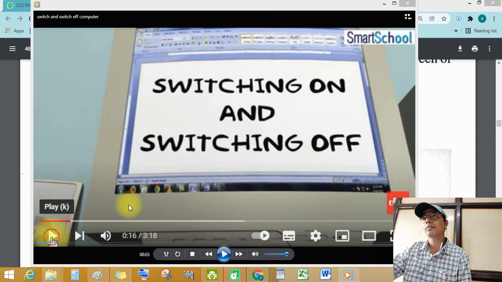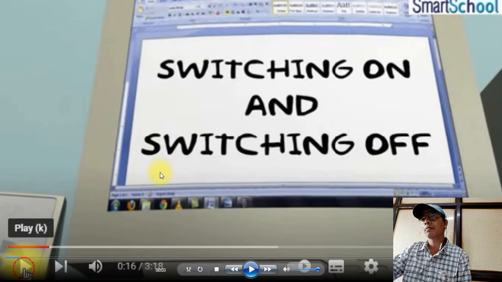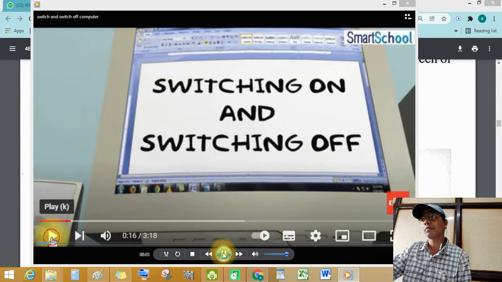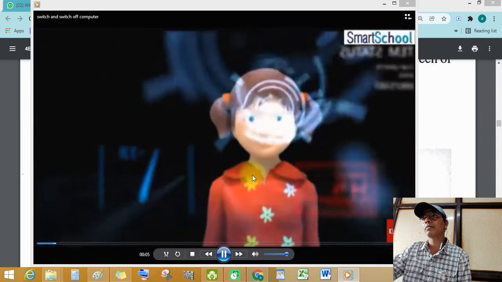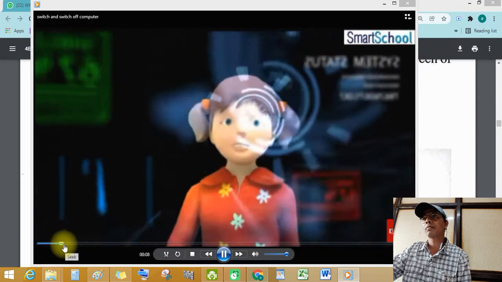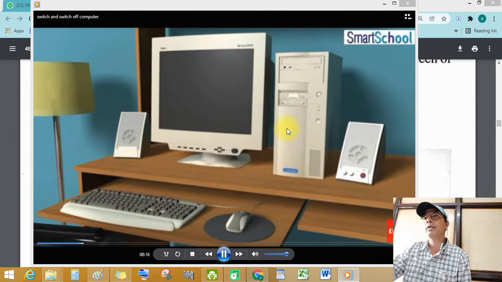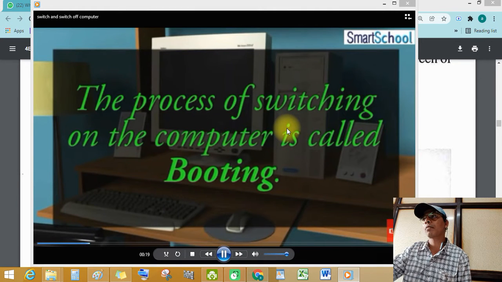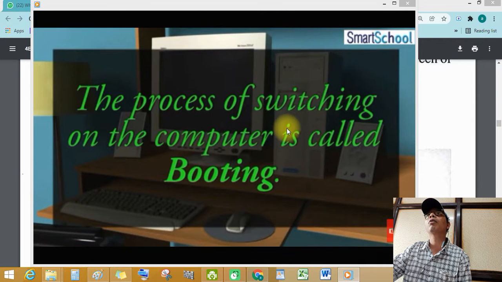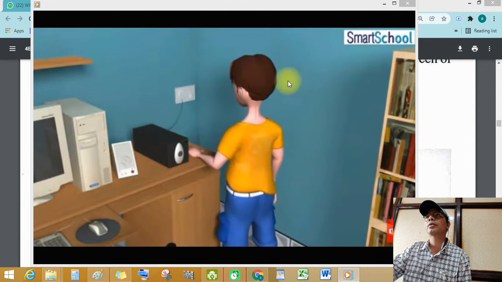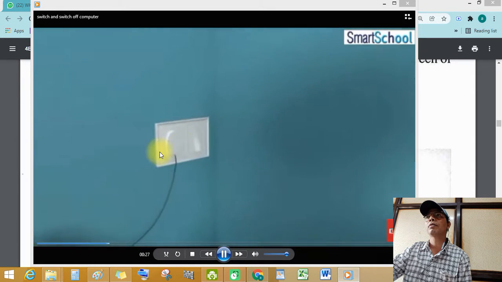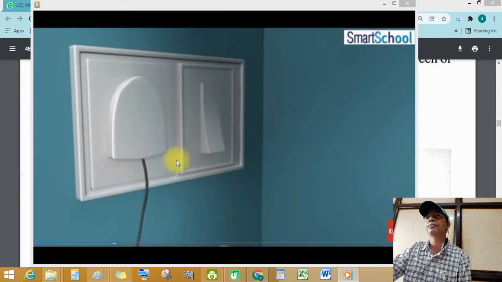See this computer. How to start our computer? See this. First, switch on power.